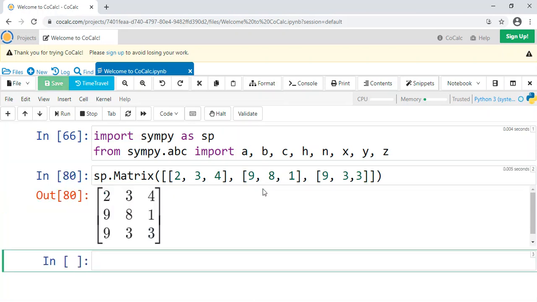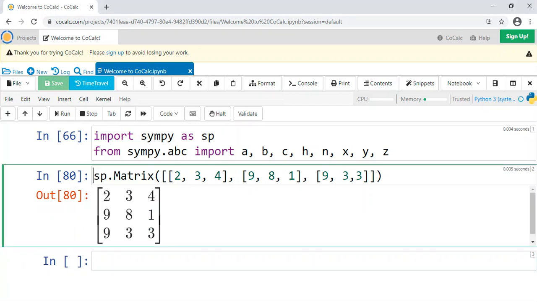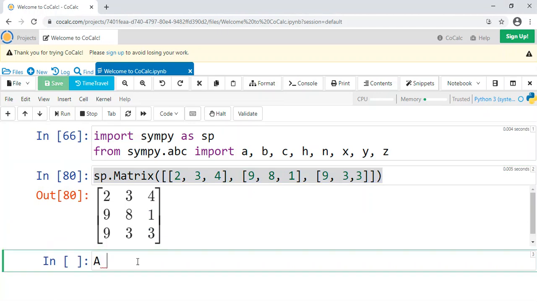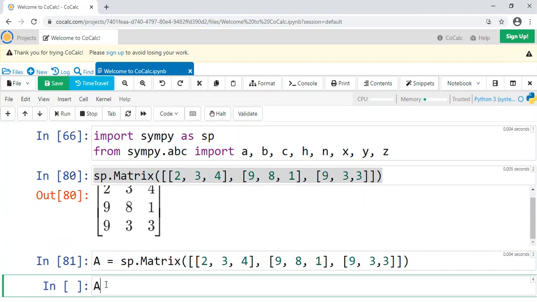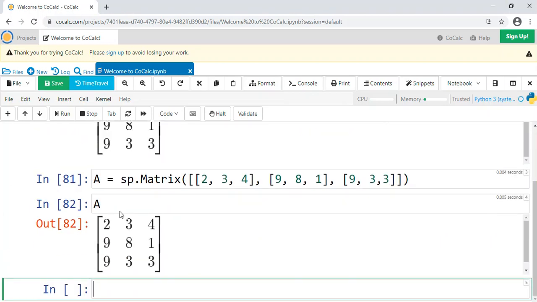And so now when you run this cell, you've got this nice matrix, and you can certainly store that matrix into a variable. No sweat. Let me just copy paste it. If we do A equals this matrix, now it's stored into a variable. So if I were to run A, it will spit back out the matrix.